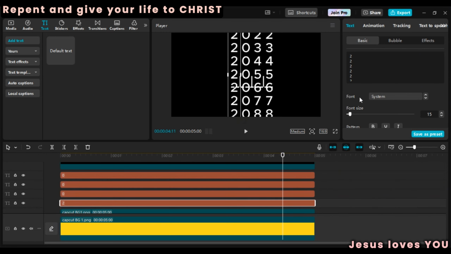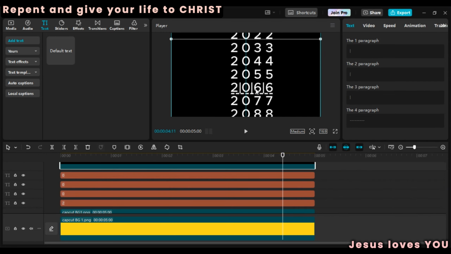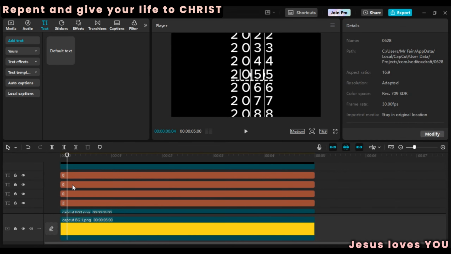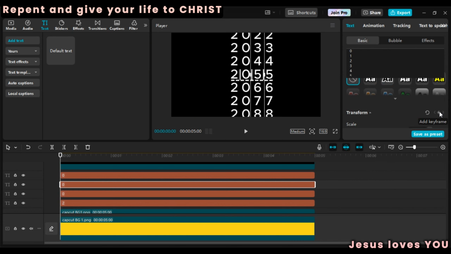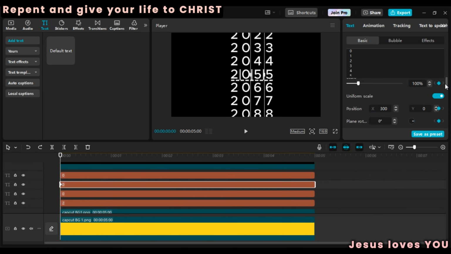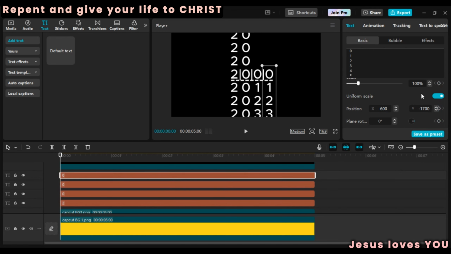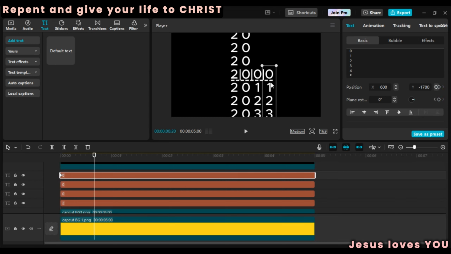So now I want everything to be the same, and for the numbers, we just have to make sure that we set everything back to where it's supposed to be, setting first the keyframe, and then we roll downwards to where it's 0, and we're doing that so greatly. So on this one, it's going to roll from 0 to